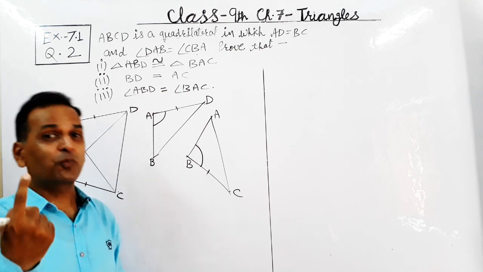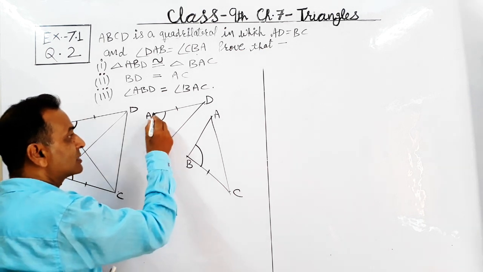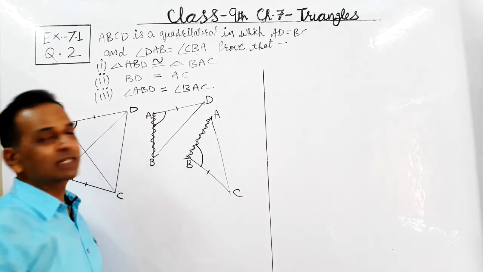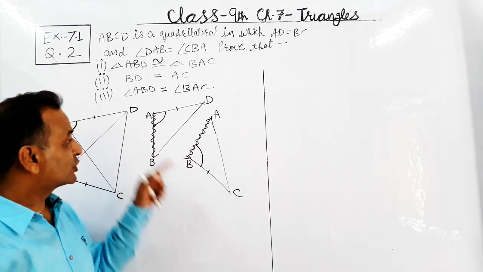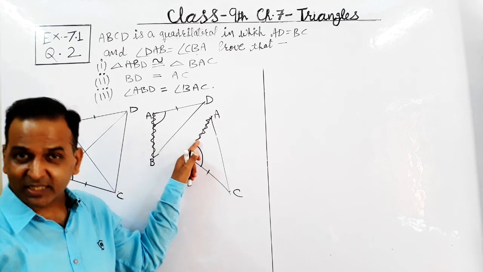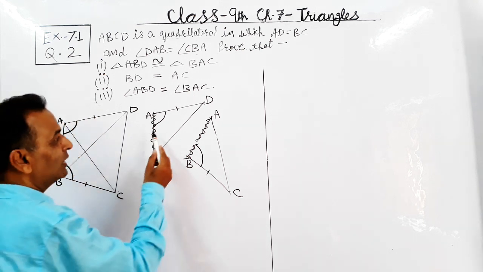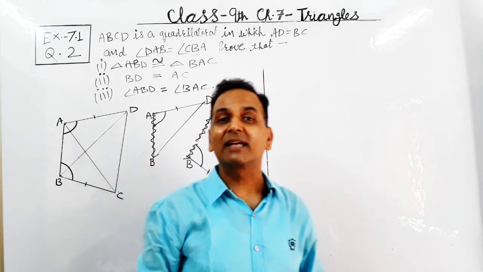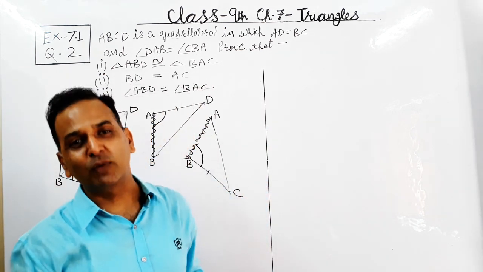Just one more point is needed, and that will be this side AB and this AB, the common side which is present in both of these triangles, as we can see very well. So this AB and AB are equal because they are the corresponding sides of these two triangles. So which rule do we have to follow? The two sides and the included angle, that is the side angle side rule, will be followed to prove these two triangles congruent to each other.